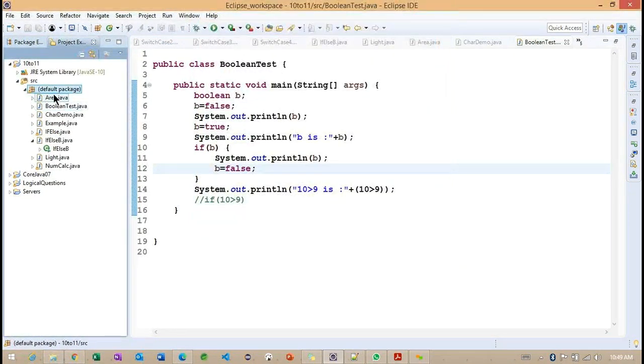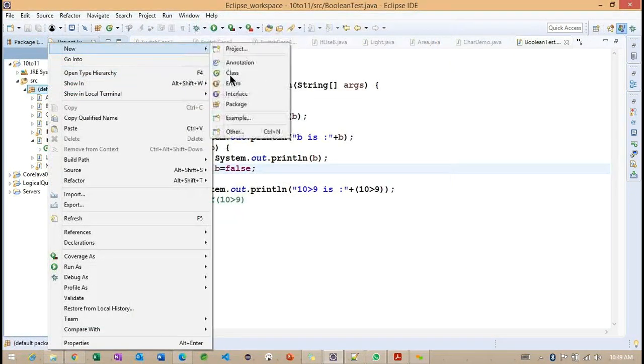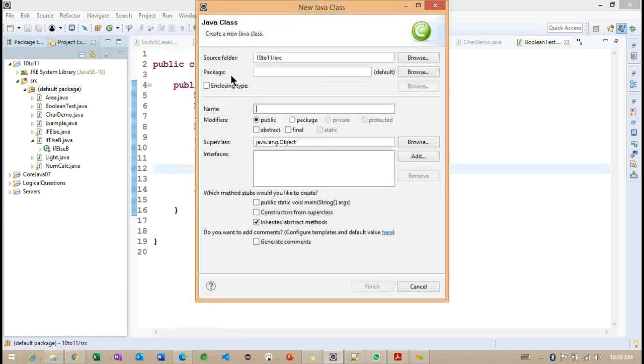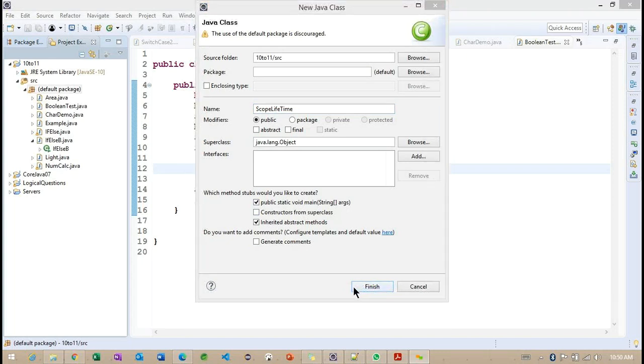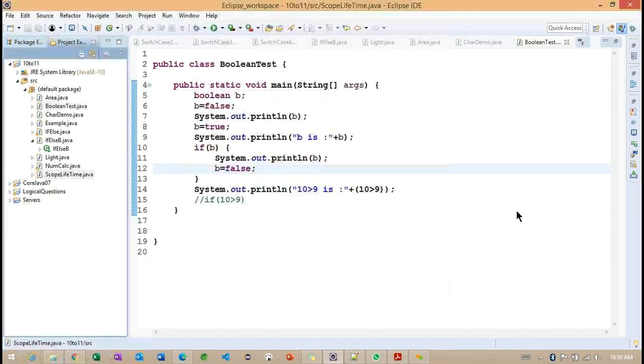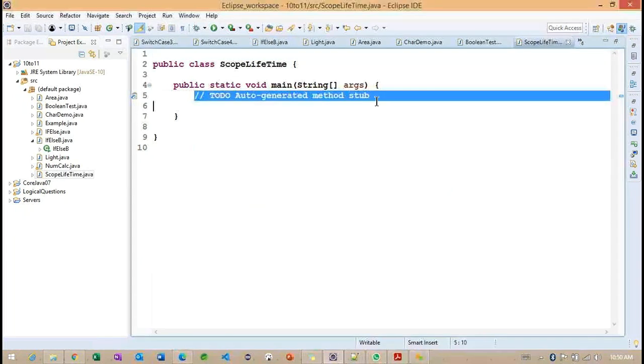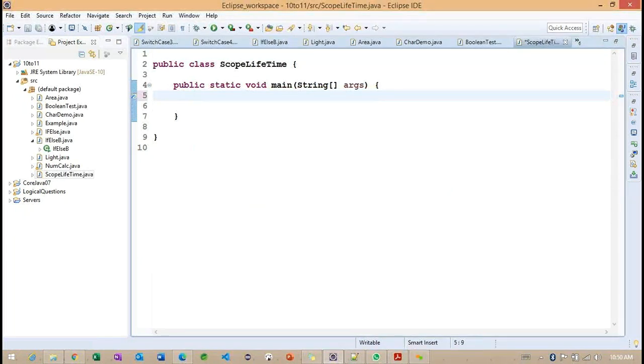We want to create a class here, scope and lifetime, the scope and lifetime of the variable. This is also a very important example. To work on this example, I want to define a data type.